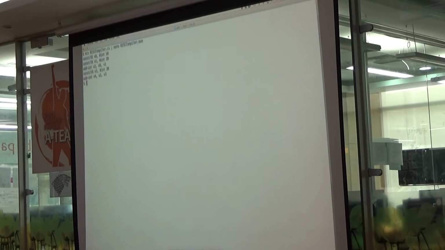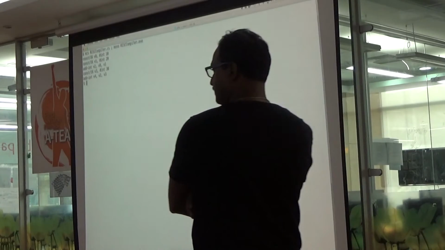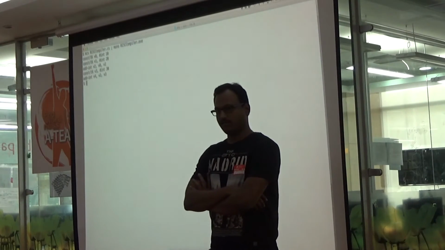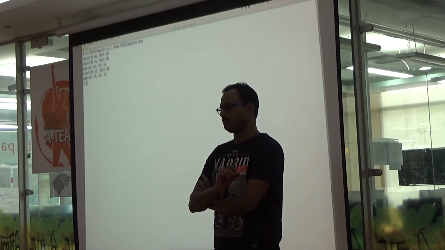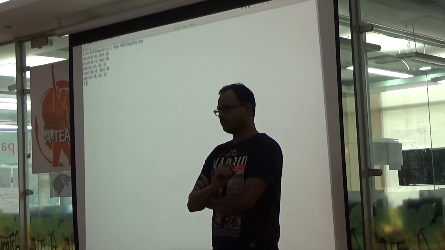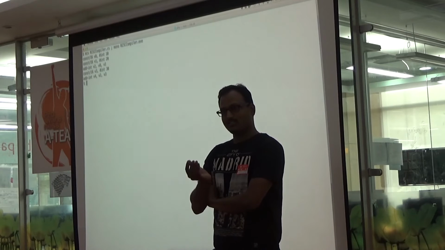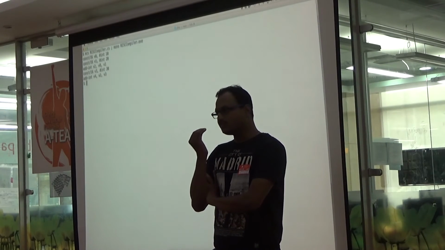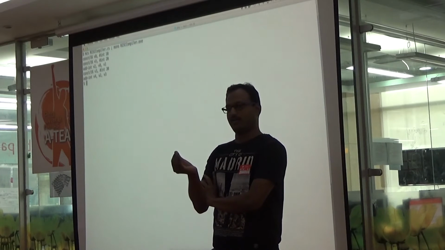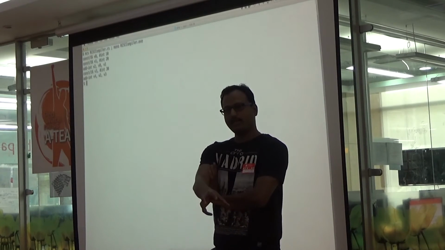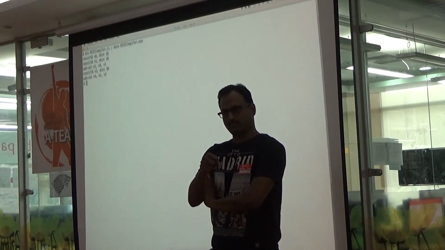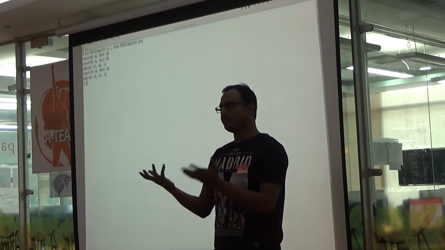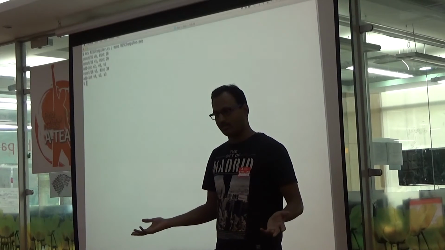Isn't this awesome? You can give any damn complex expression and still your register allocator will work. Because conceptually your composite pattern has made your life so simple. You don't have to care. What you have to care is, am I getting the index from the left expression? Am I getting the right index from the right expression? Combine them together. That's what we are doing here.